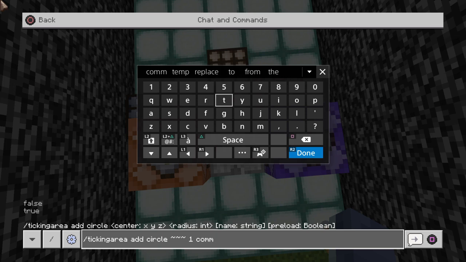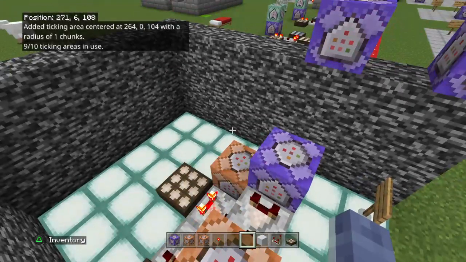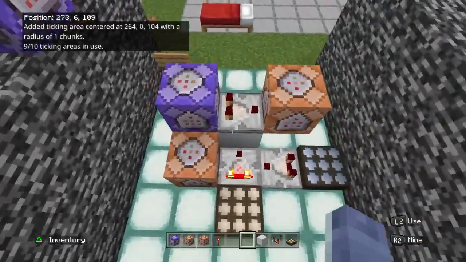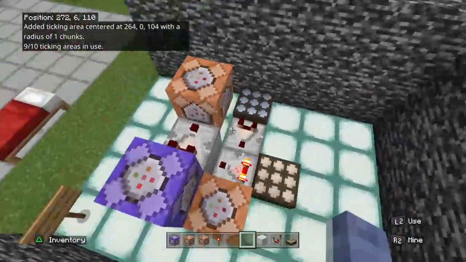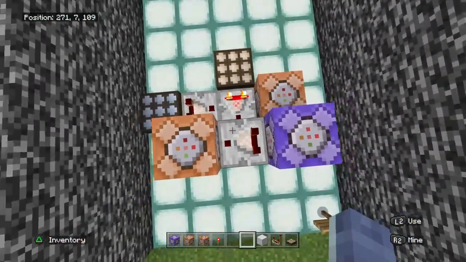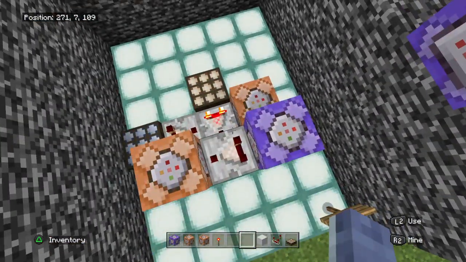The name is optional and the radius is optional. You could do a larger area of up to 4 as well. We're going to do just 1 because we're only going to have a couple of commands here. Now it says a ticking area centered at these coordinates with 1 chunk has been added. You can see I already have a lot of ticking areas going on in this world because this is a test world. Anyways, we're going to locate our command blocks inside of that ticking area, and